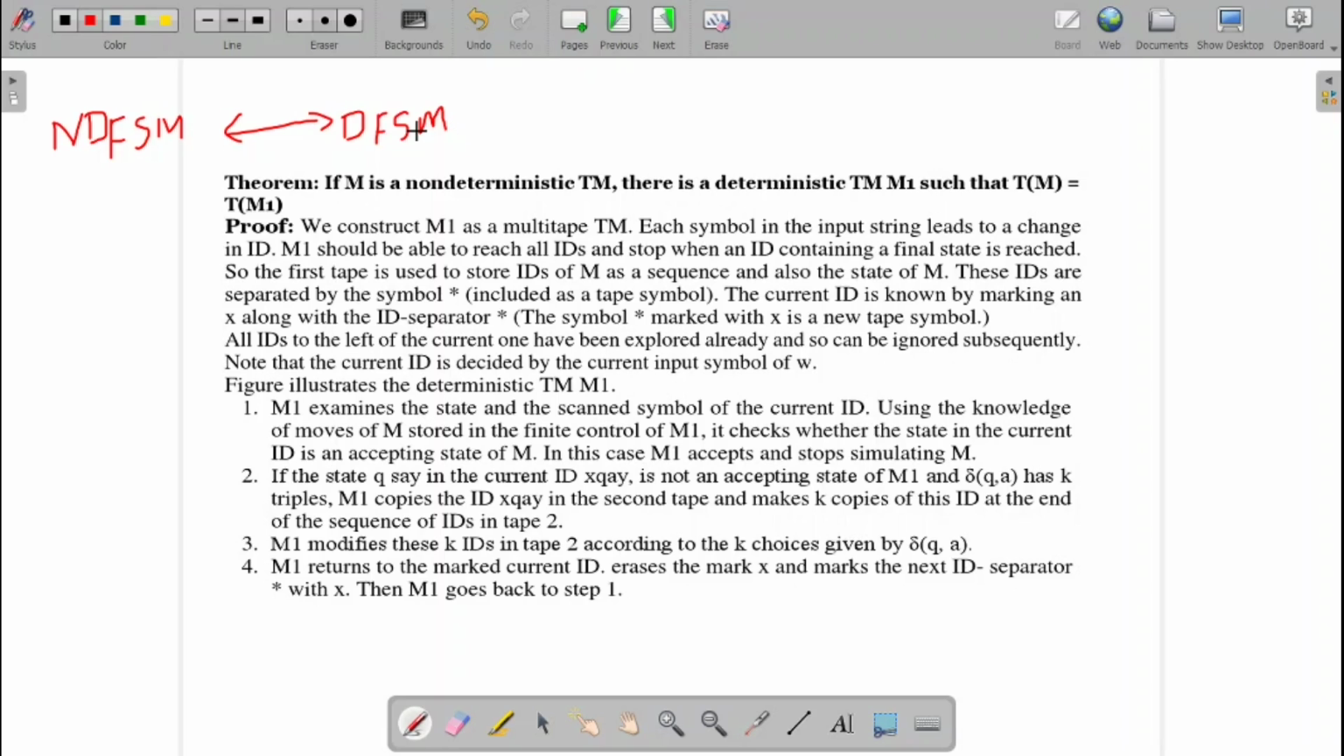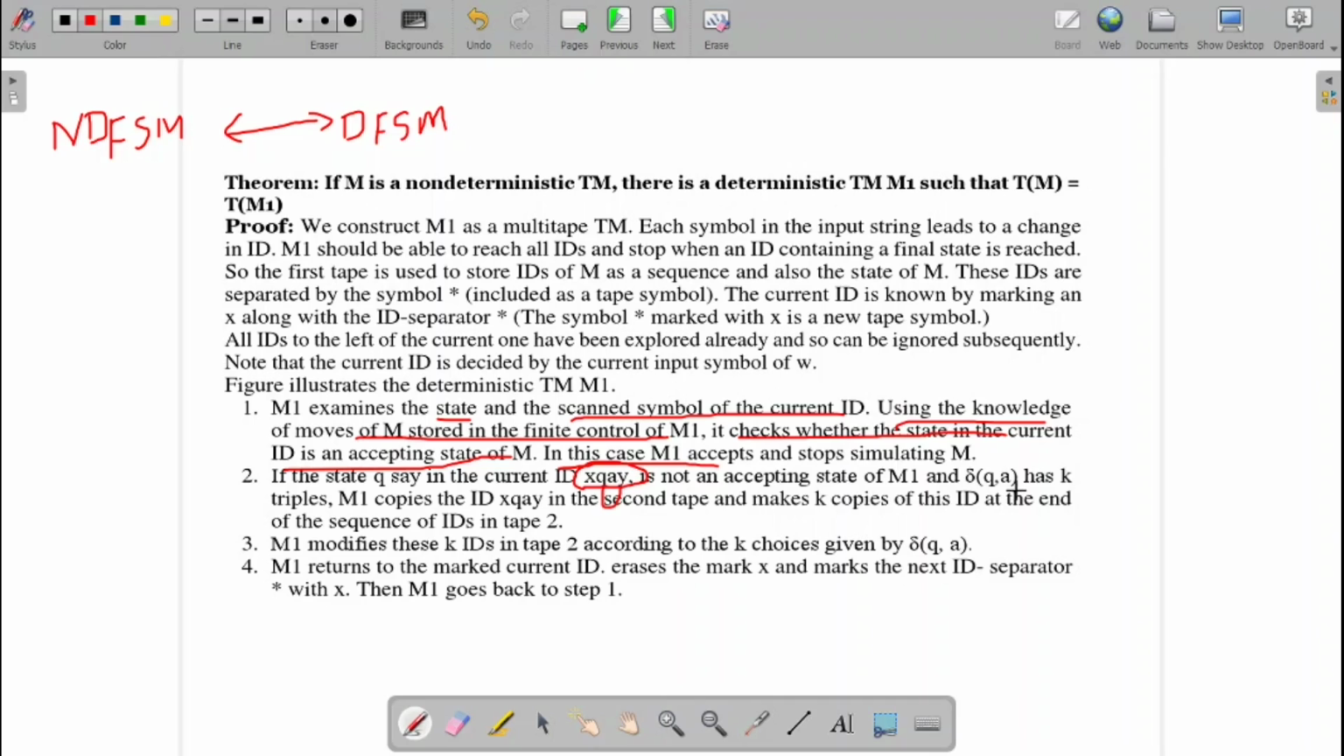How will the simulation be done? Fine. Here the machine M1 examines the state and the scanned symbol of the current instantaneous description. Using the knowledge of the moves of the machine M stored in the control of M1, it checks whether the state in the current ID is an accepting state or not. If it is an accepting state, you accept and stop the simulation. If the ID is of the format X, Q, A, Y, with A under the tape head, and Q is not an accepting state of M,